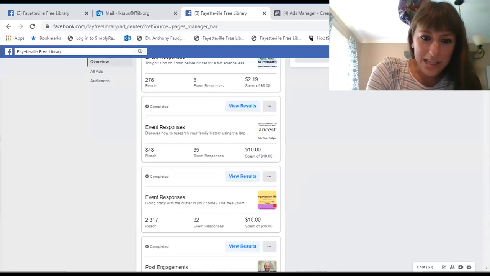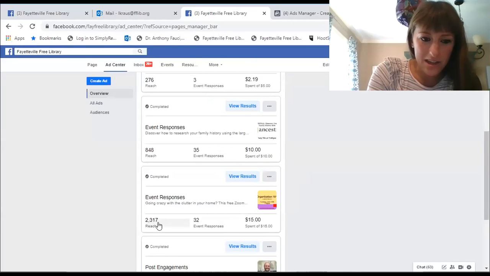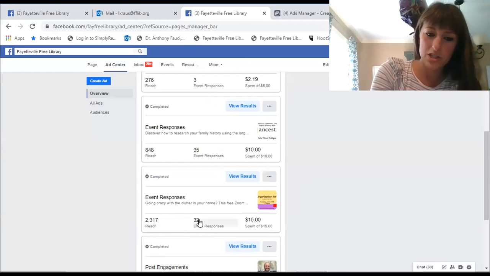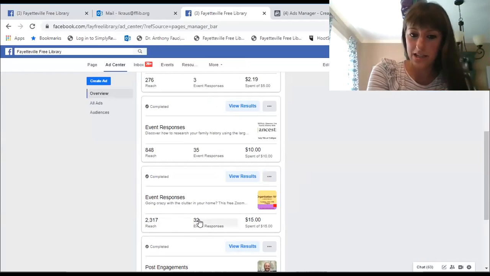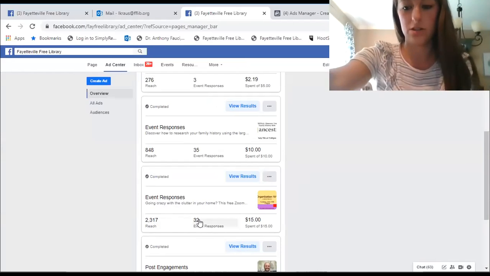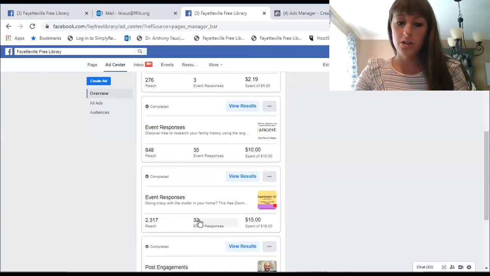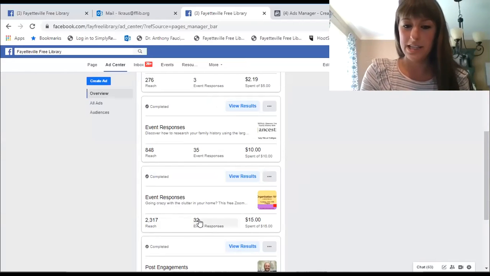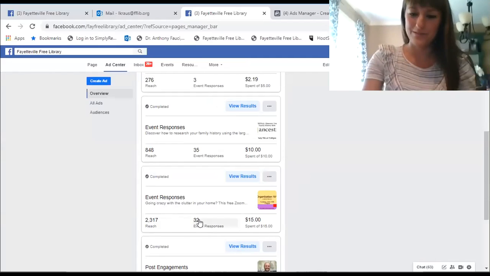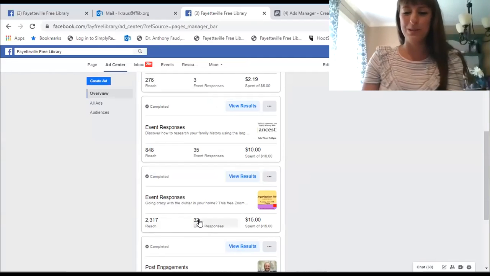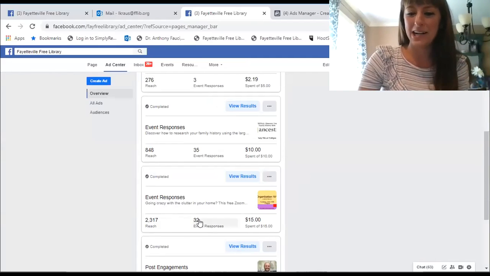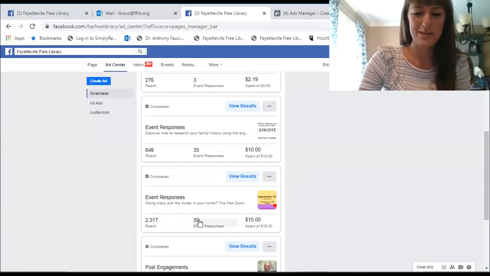And the results of the ad, I can see here in the ad center that we spent $15. That was the budget that I set for it. It reached 2,300 people, and 32 people responded that they were interested or going to the event. So, that for us, it's always effective, even though we're doing this in a really inexpert way, just using sometimes Ad Center versus the Ads Manager,